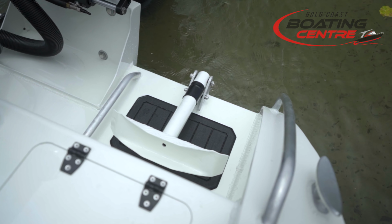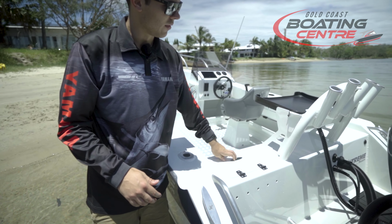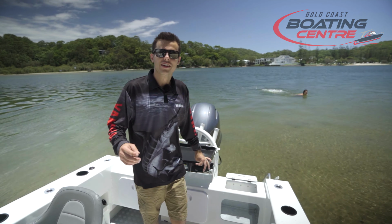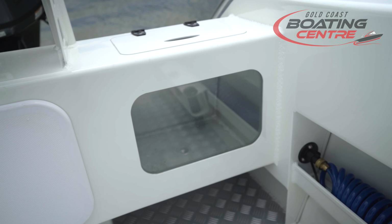So nice little swim steps on the back you can walk through, and that does lead you to the live bait tank, which we'll have a look in a second. But nice Portofino transom, swept back design, and it's all tucked away very nicely. So continuing through the back of this 545, we do get the live bait tank as standard on most of